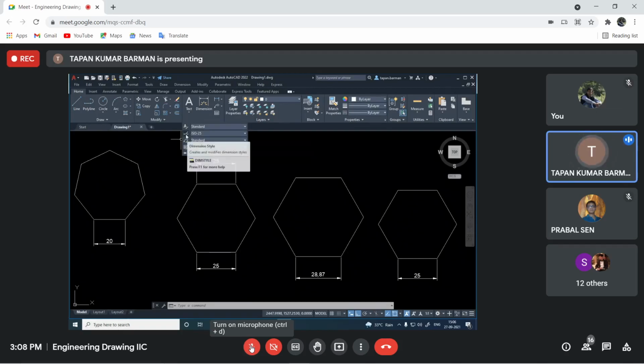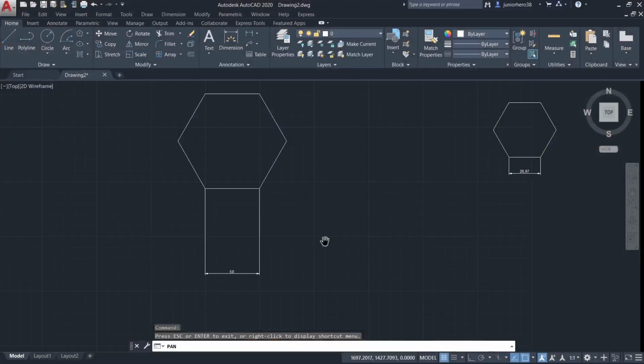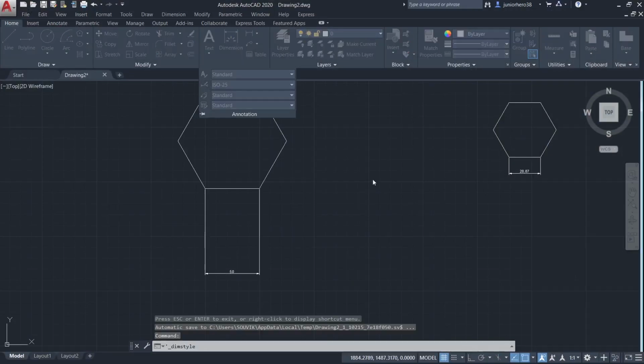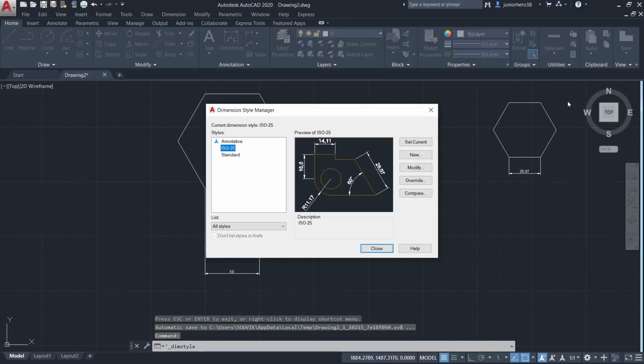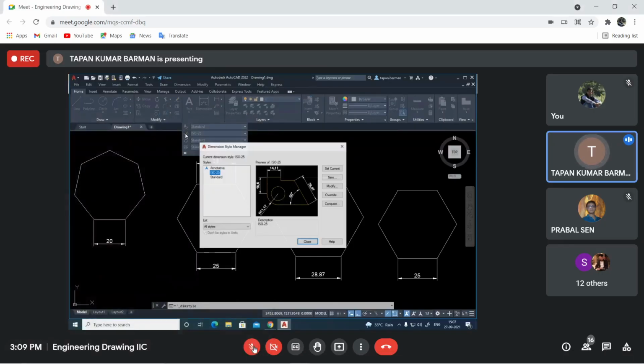Here you will find dimension style. If you click here, you will get one window. Are you getting this? Again, I am doing this. From here, you select dimension style. You will get this option.